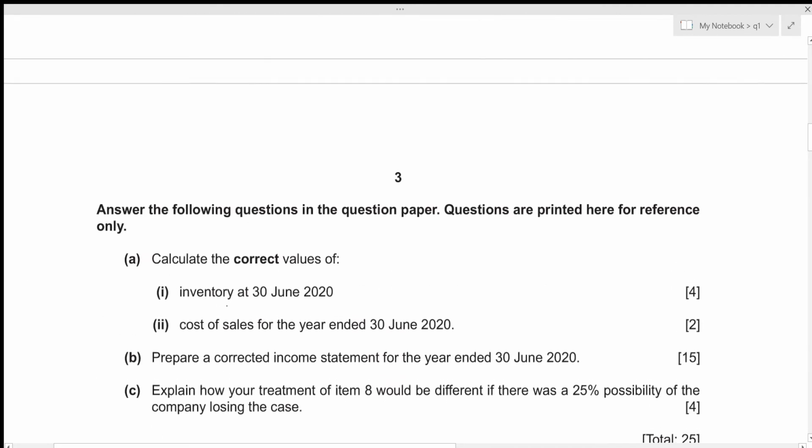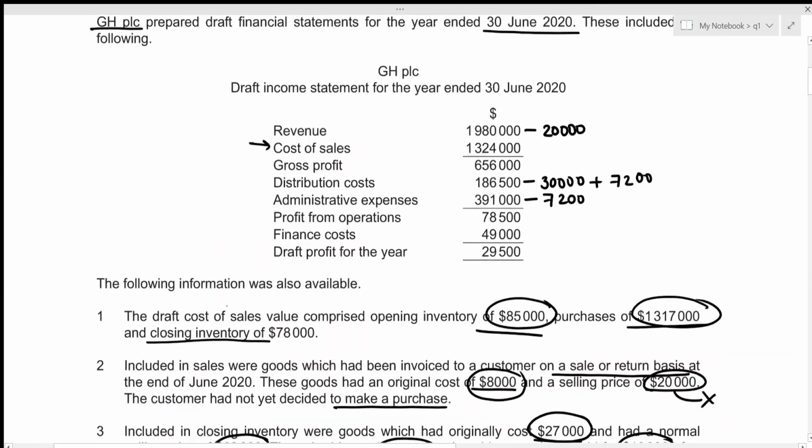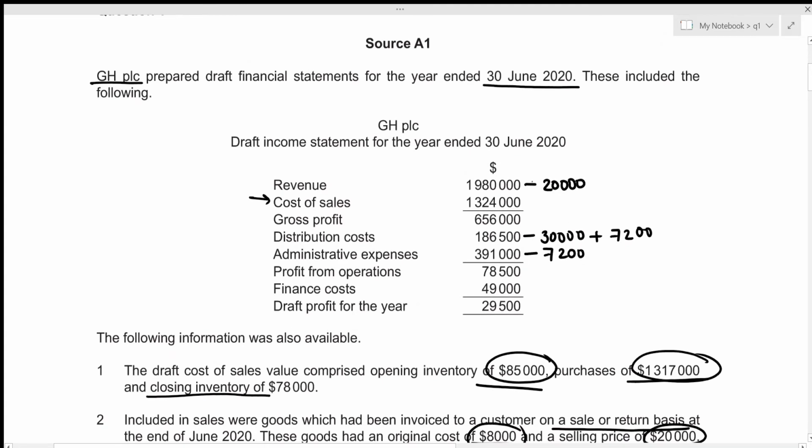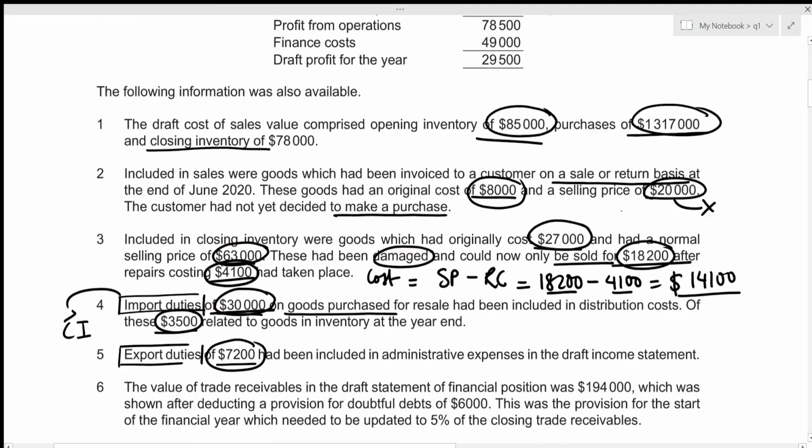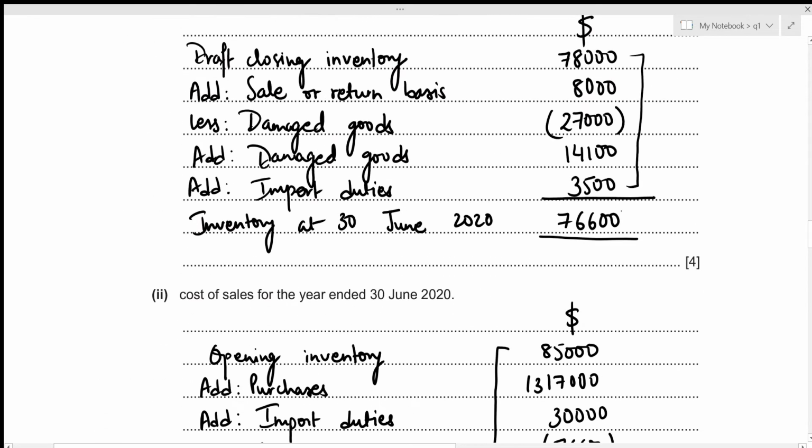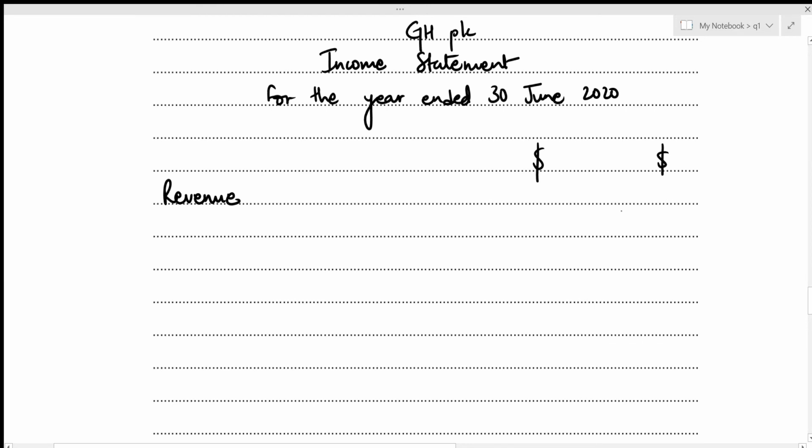We are already given the value of revenue in our draft income statement, and we figured out that we need to subtract the value of 20,000 because this was included, whereas this sale was actually made on a sale or return basis. So this should definitely not be included in our revenue in the income statement, right? So this gives our new revenue to be included to be 1,980,000 minus 20,000, which results in the value of 1,960,000. So now we just have to substitute this value for revenue in our income statement. Let's do that. We figured out the correct revenue to be